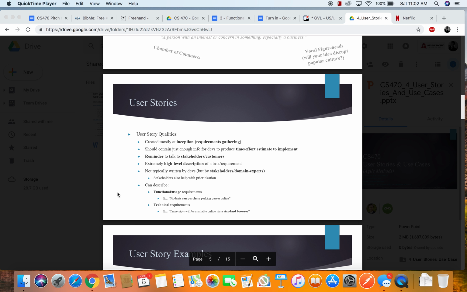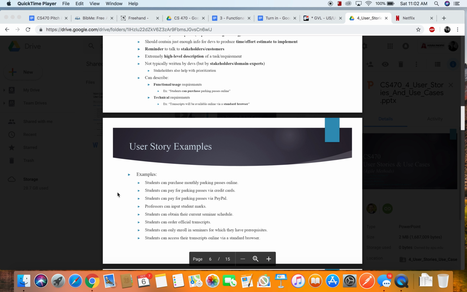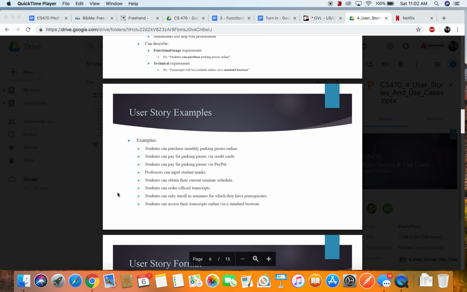So a user story talks about some sort of idea or thing that we want to do in the app. So for example, let's say as a user, I want to share pictures so that other users can see my pictures, for example,